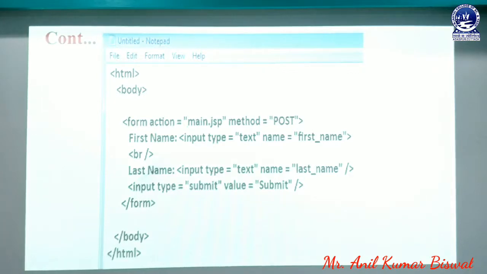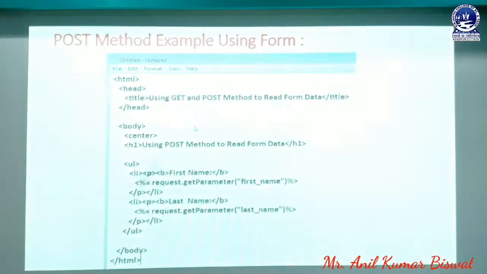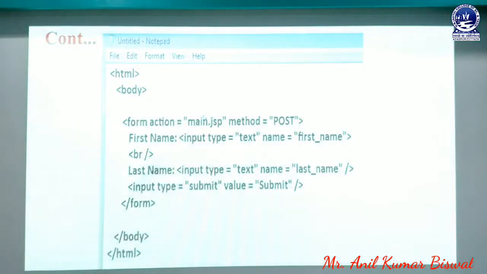That main.jsp is related to one JSP file which was already discussed in the previous part, and that main.jsp file is linked with this HTML file. That means this HTML file must be assigned an extra page, and that extra page is the JSP page, through an attribute named action, and that action attribute contains the page written as main.jsp, along with another attribute named method.